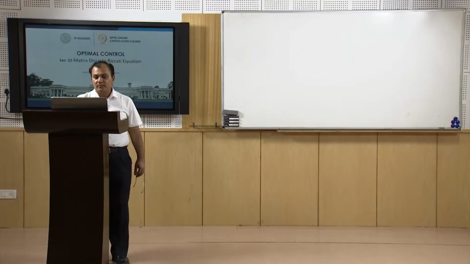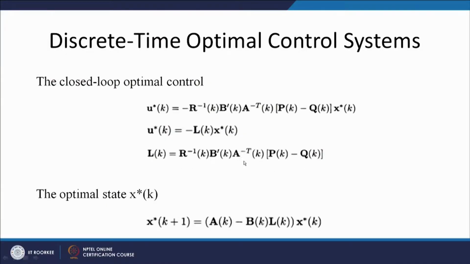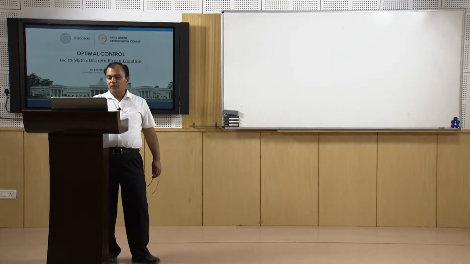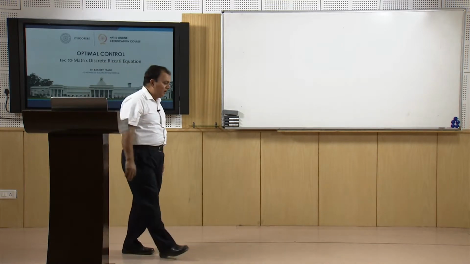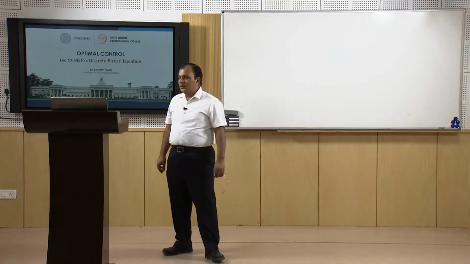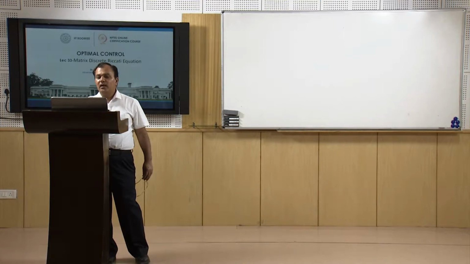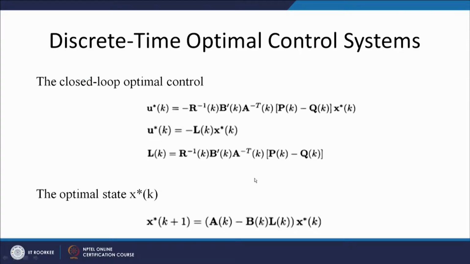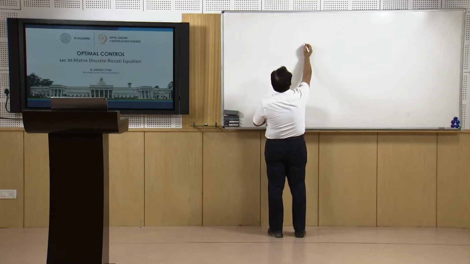In this discussion, as we discussed in the previous class also, to find the value of u k or L k, we need the inverse transpose of the matrix A. So for that, matrix A should be non-singular, otherwise the inverse of this matrix will not be possible. To avoid this inverse, we can think of another form of the Riccati equation, which we will discuss today. So, we have my Riccati equation as